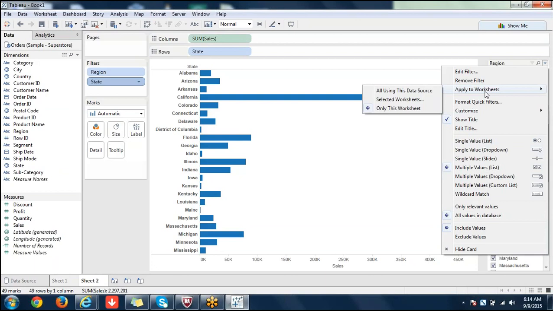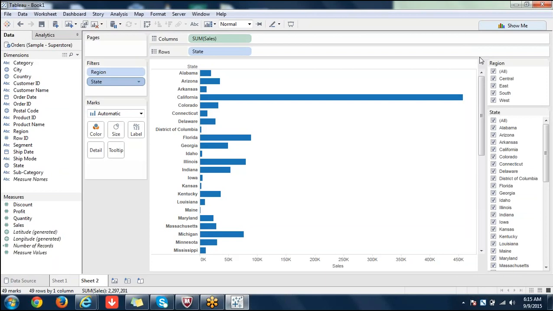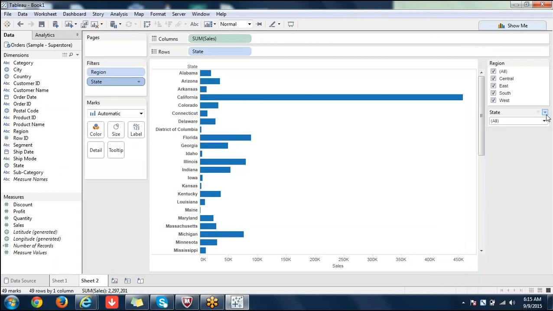I will tell you what is applied to worksheets. Still that is there, only relevant values. Now please observe the options here. This is very important. Here after wildcard search, please observe the values here. After some time you will see one more. Now we have only relevant values, or all values, include values, exclude values. This is there. I'm not doing anything as of now here because we want to see all values. That means we want to see a list like this. We are not changing it to drop down. If you want to change, we can change it to drop down like this, so it will change automatically. That's not a problem. But as of now, we'll keep it as a list only.